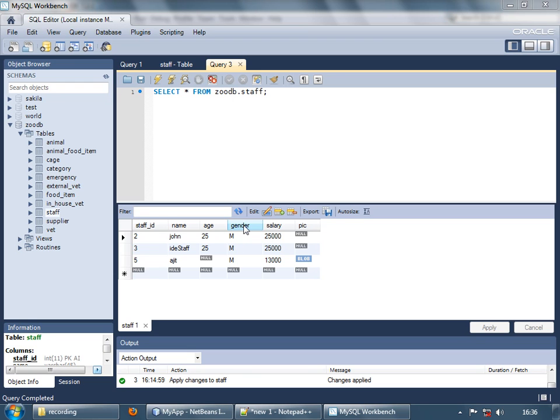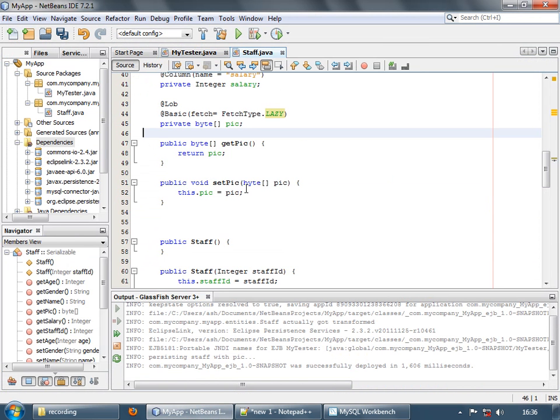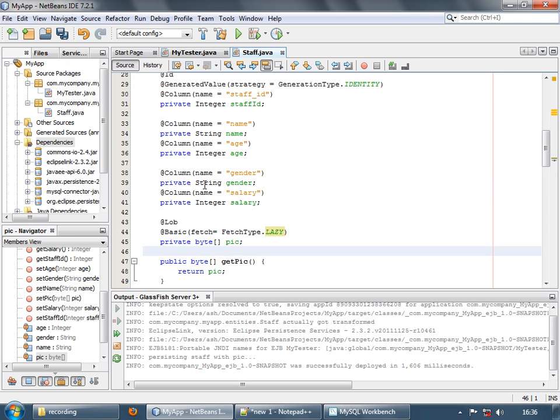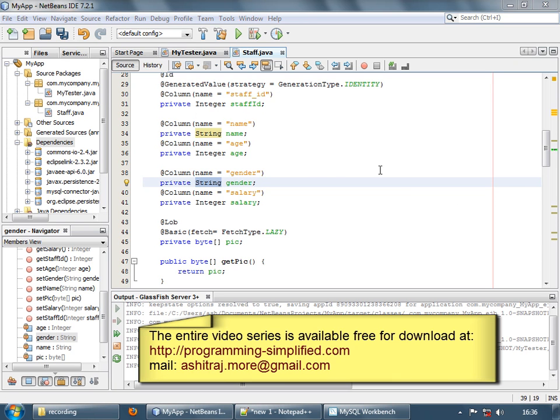Now notice this gender column. Here you can either store M or F denoting male or female, and the related mapping is over here, gender, which is mapped using a string. Now the problem is, this being a string field, the user can enter any kind of strings. He is not bound to enter just M or F. So to prevent the user from entering any random strings and just making him enter M or F, we'll use